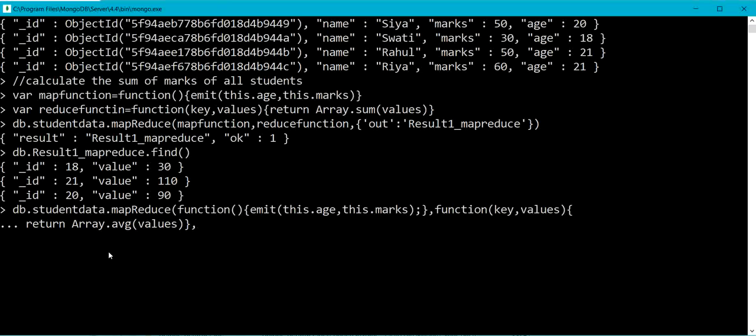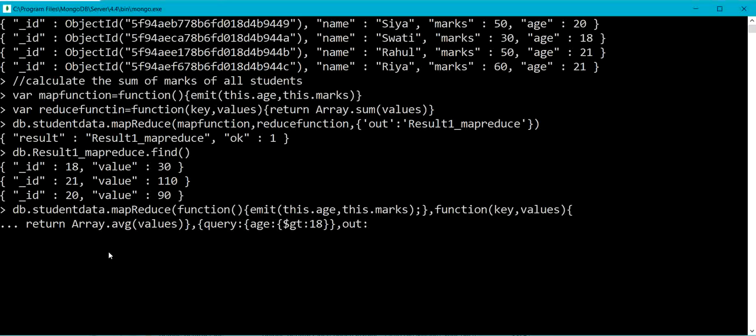So let me specify the query criteria over here. So my query criteria is age should be greater than 18. So let me consider age field, and here I need to specify the condition $gt 18, and here the last parameter is the out.